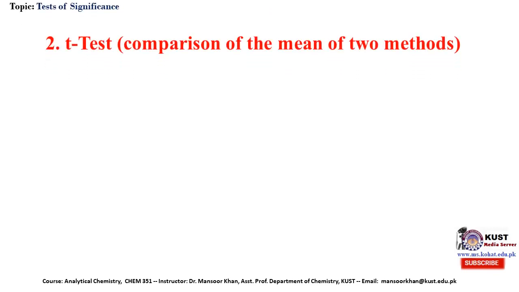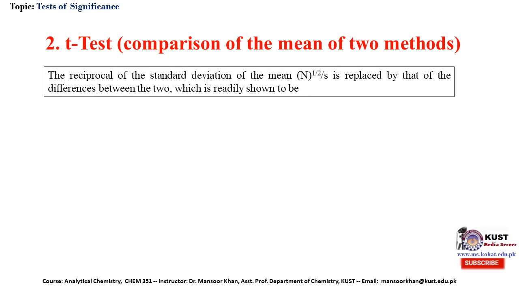The second one is T-test, comparison of the mean of the two methods. This is another type of T-test used when the true value is not present. The reciprocal of the standard deviation of the mean is replaced by that of the differences between the two, which is readily shown to be